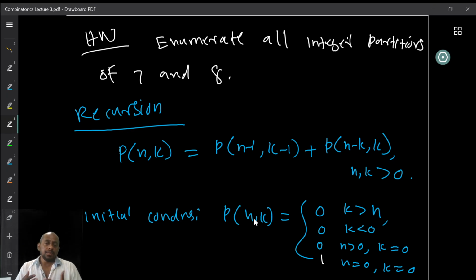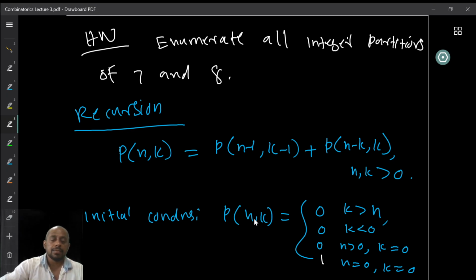So I want you to think about this and try to do it yourself. I gave you the idea, but it would be better if you actually try to do it yourself. So try to spend some time thinking on this and find out how to find a bijection between the set on the left side and the sets that we are counting on the right-hand side.